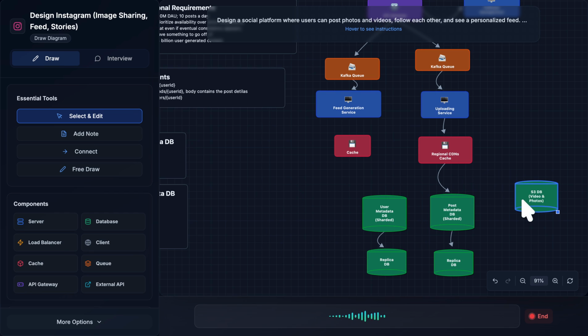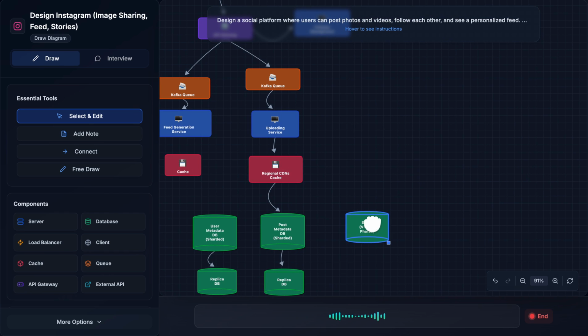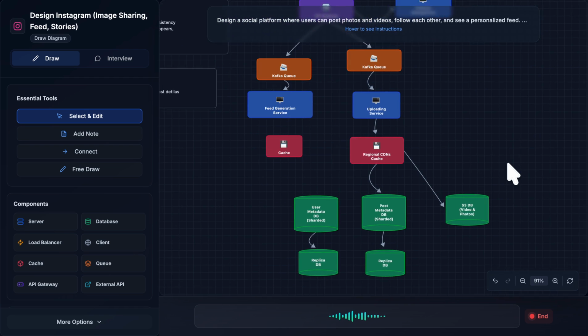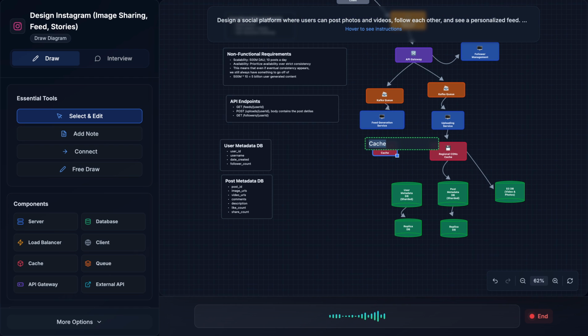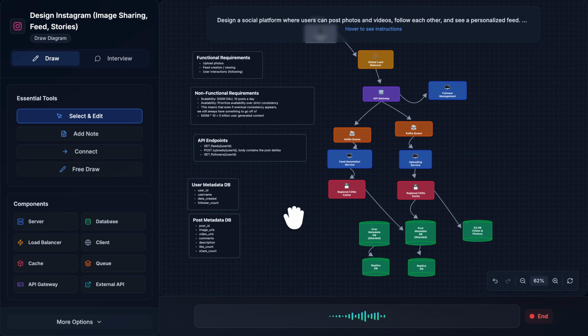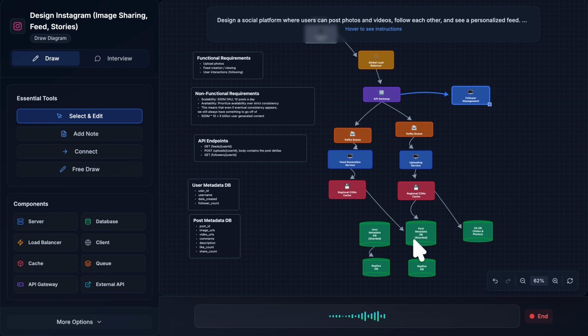That makes sense. Using blob storage like S3 for storing the actual media, images, and videos is a great choice for scalability and durability. And placing a cache between the uploading service, feed generation, and post metadata database will help reduce latency. The regional CDNs for highly accessed content will ensure users get low latency delivery. Now that you've got your storage and caching layers outlined, we can explore how you'll handle cache invalidation and content